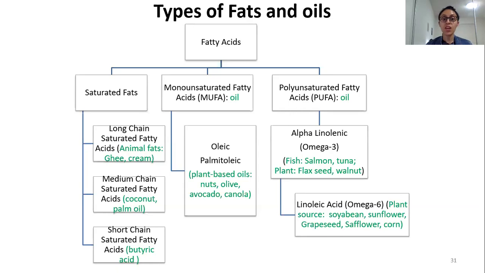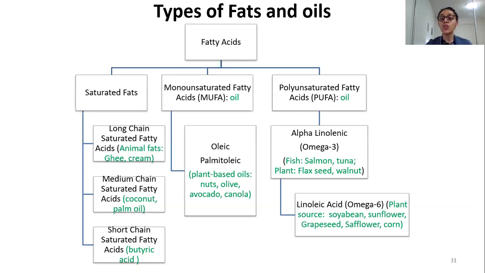Okay. So second, you have your monounsaturated fatty acids, your MUFAs. Monounsaturated means there is only one double bond. Polyunsaturated is where you have many double bonds. Over here, you have a single double bond. MUFAs and PUFAs are all plant based. Yes, of course, there are some exceptions, and I'll tell you where. But your MUFAs come from plants, such as your nuts, olive oil, avocado, canola oil, all of that is your MUFA.